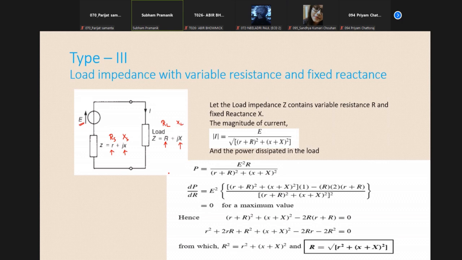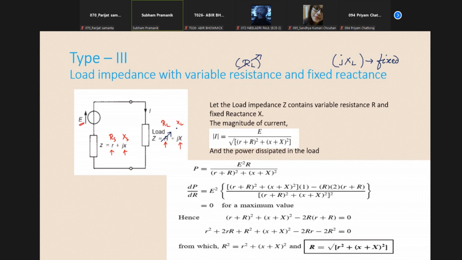So you see that in this case, however, let me remind you that here we have a difference. It looks like the previous circuit, but the difference is that the load impedance is variable. I mean, it is a reactive load, but only the resistor part is variable. That means RL is variable, but the reactance part, that is jXL, is fixed. So here only this part is variable.